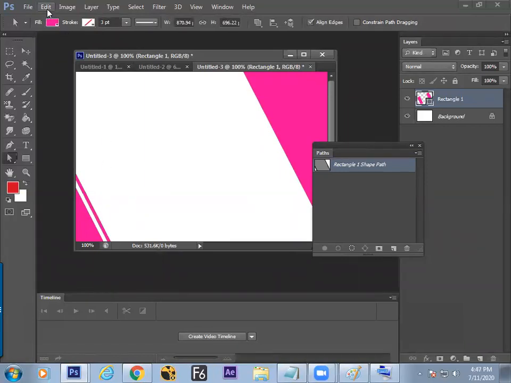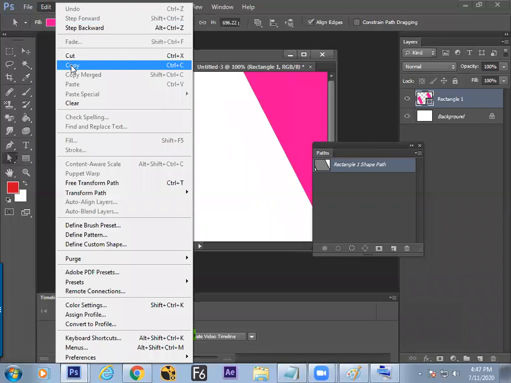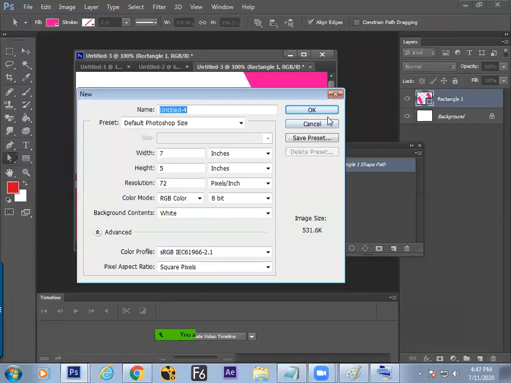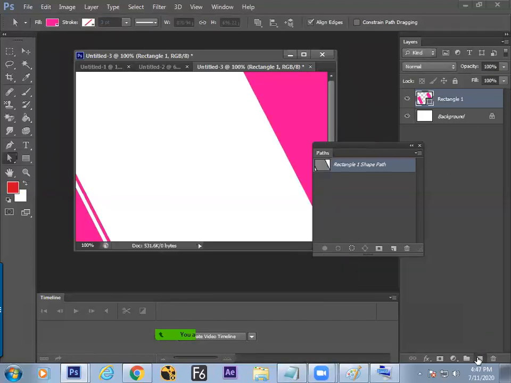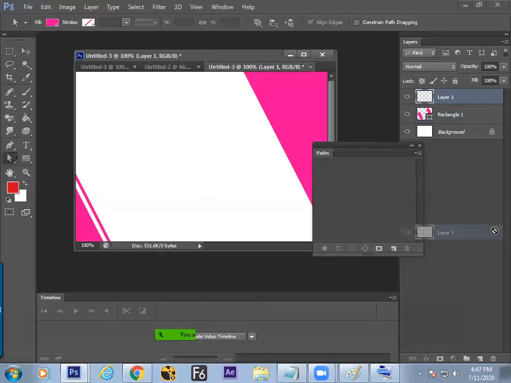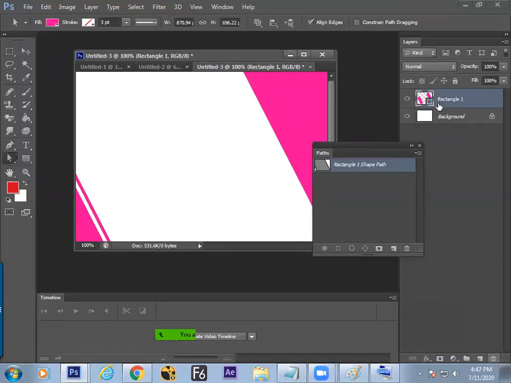Here, we may copy this, or you can take a new layer and paste it there. Have a try. If it is forming, it's okay. No, it's not working. I'll leave that. The same technique you adopted for the previous one, you can adopt that.